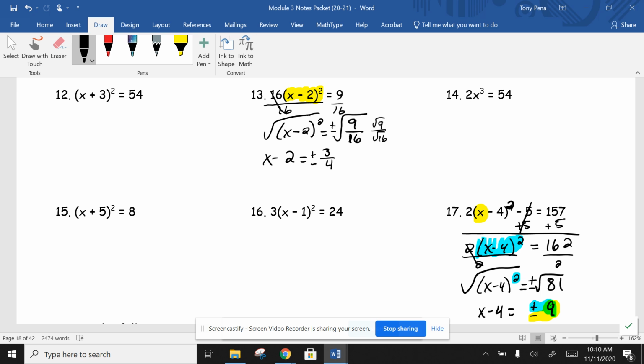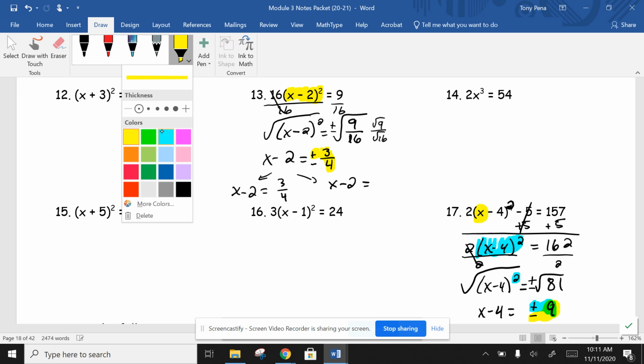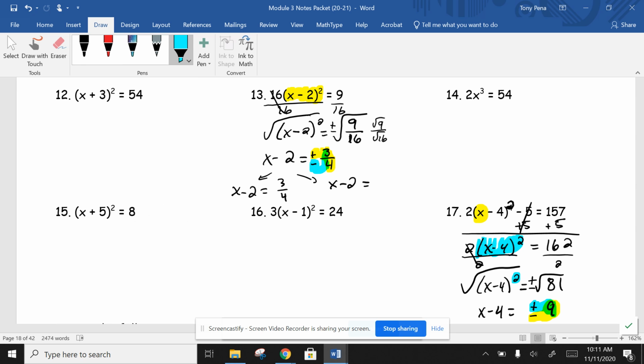Just like we did at the bottom, this now gives us our two different equations. So the first equation, we do the x minus 2 set equal to a positive 3/4. So that equals 3/4. And then the other equation you're setting up, you do x minus 2 equals, and then we have to understand this also means we have a negative 3/4. So we set that one equal to the negative 3/4. Then two pretty simple little equations there. You're going to add 2 to both sides in both of them,